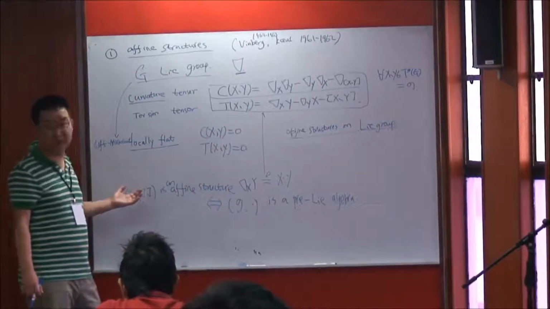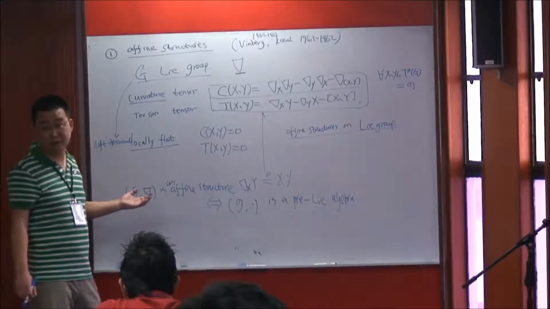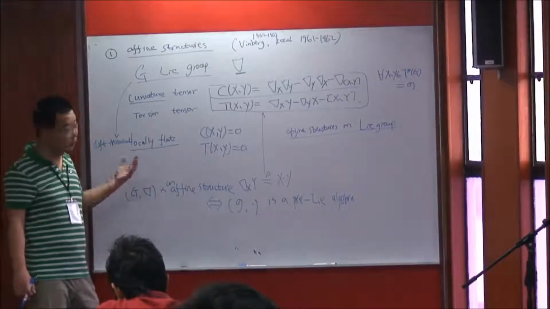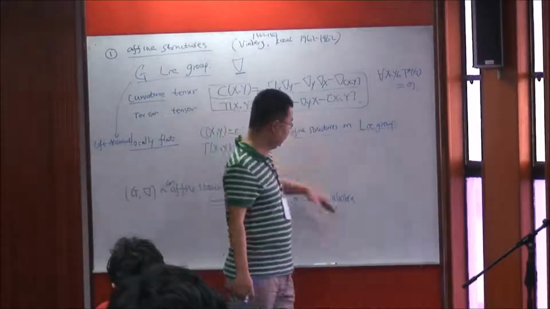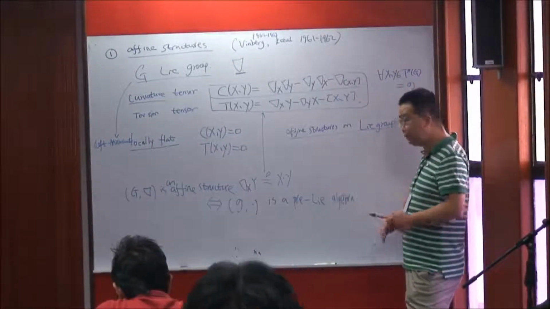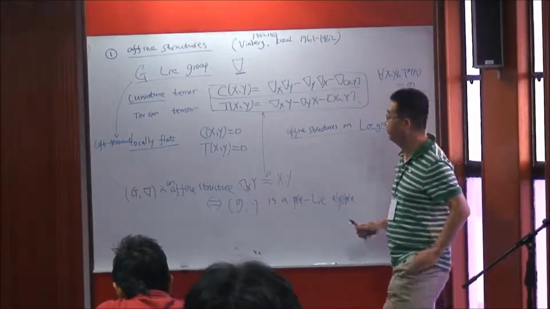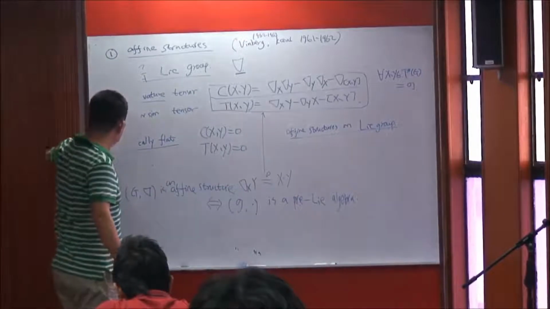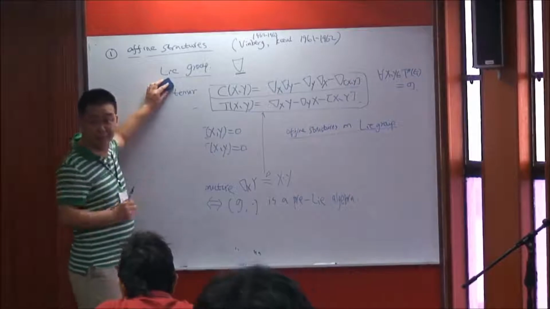But from the end of the last century, the pre-Lie algebra appeared in the study of representation theory and quantum field theory, so it became active again. Anyway, firstly, it has very good roots in geometry, coming from affine structures. Second,